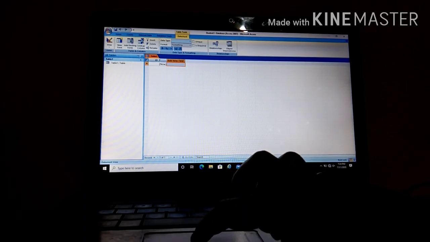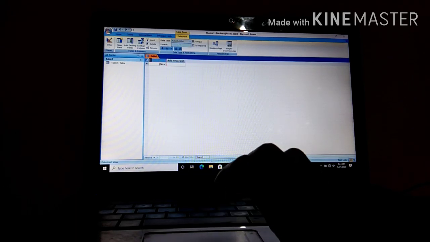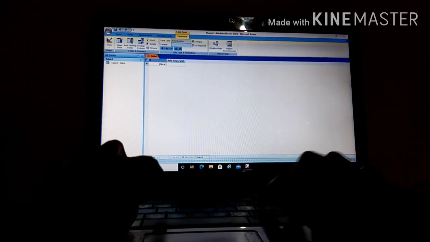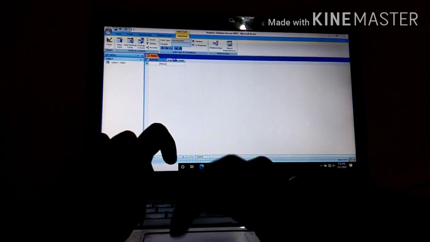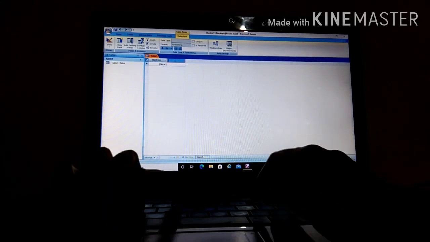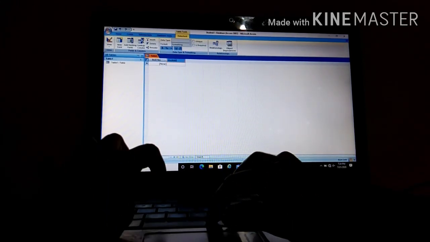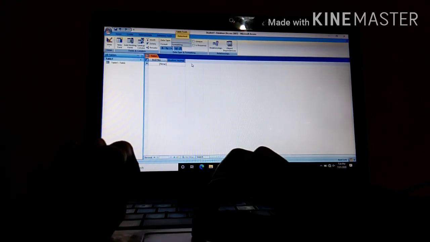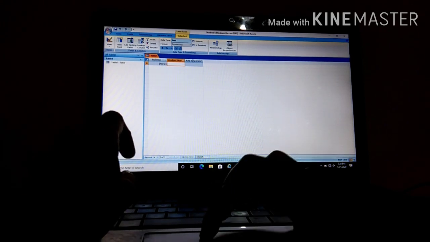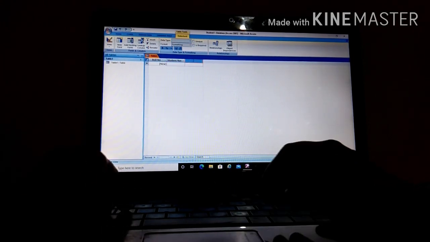So for now I will create the field name, roll number. For example, I will double click on this ID. I will change the name to roll number. Then here student name, and next standard.